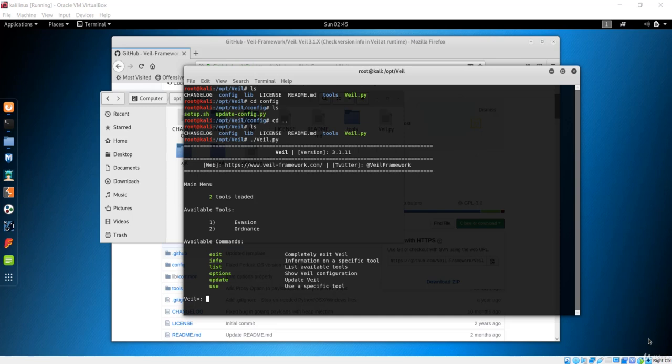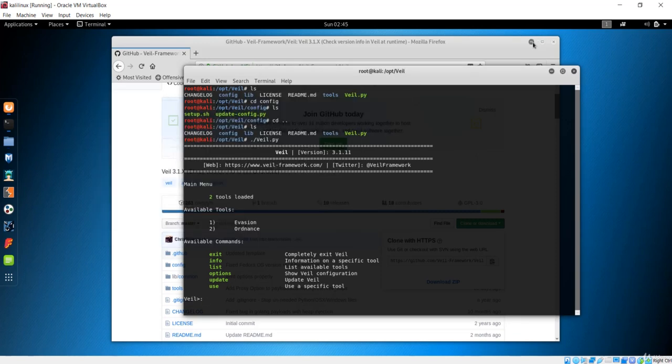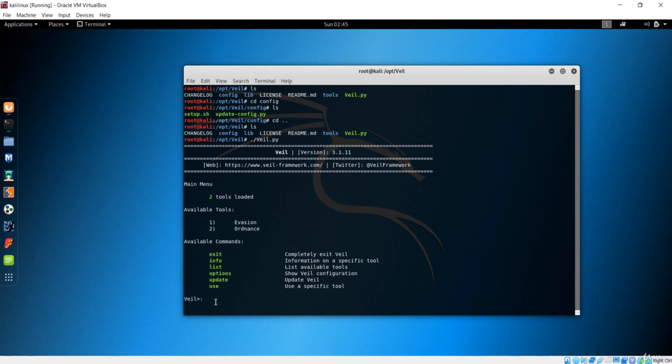Now we have successfully downloaded the Veil packages on our machine. That means we can just run this Veil framework and you will see that we just get this tool running in our Kali machine. So let me just close everything over here. We don't need this. So now you have to use this framework. So let's see how we can just do that.